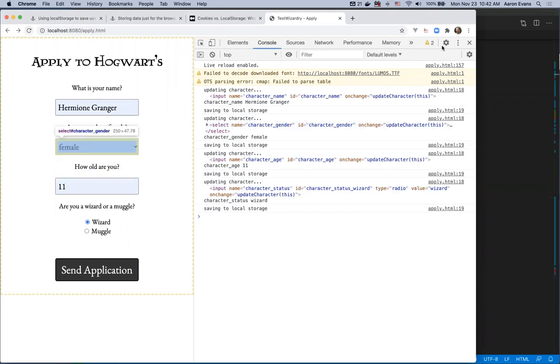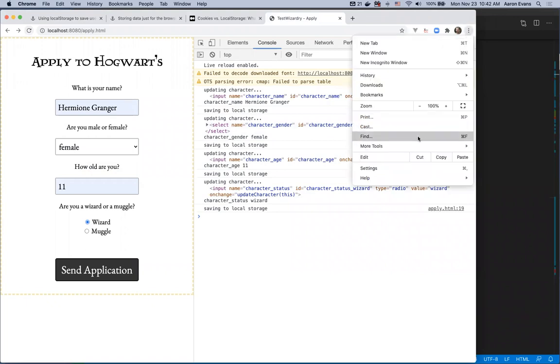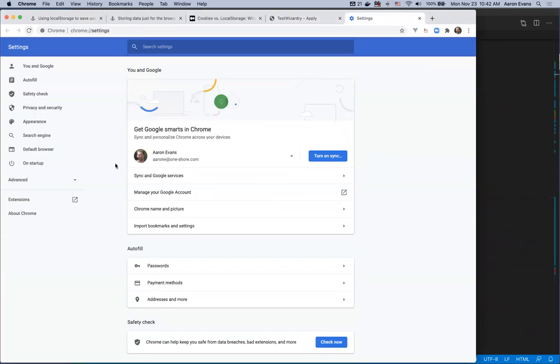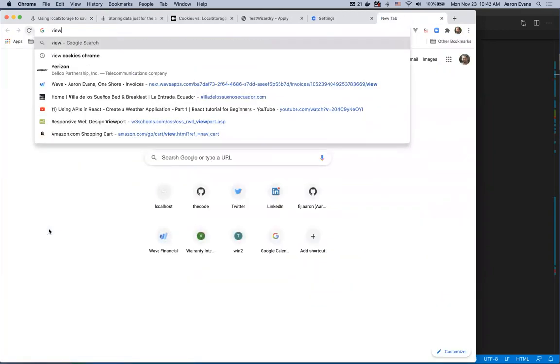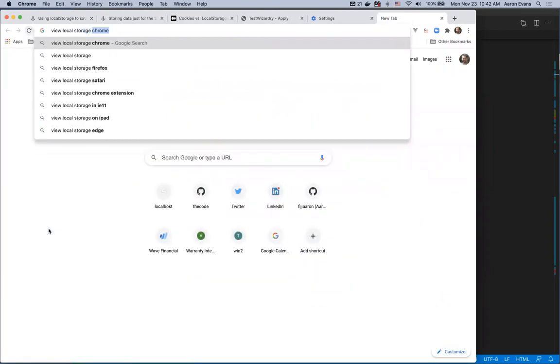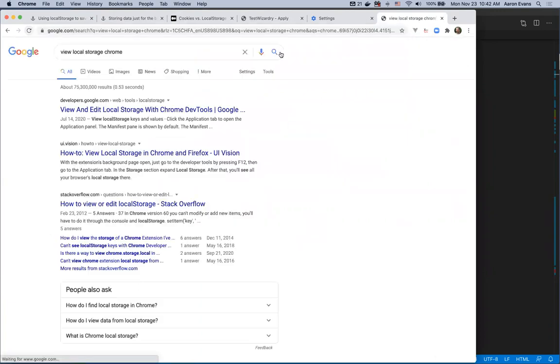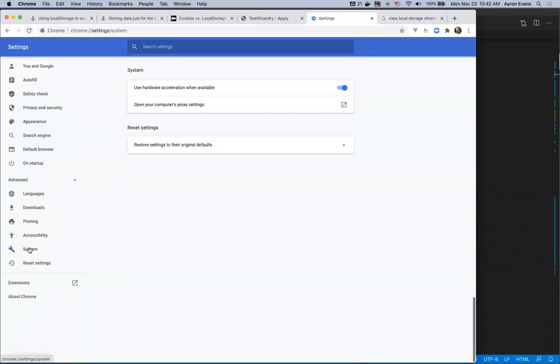Let's go ahead and peek at our local storage. So we're going to go to settings, advanced. All right, I forgot how to do this already. I think it should be under system. Thanks. You've done this more recently than me, huh? This is where you showed me how to do the cookies the other day, right? Nope. Here, let's just